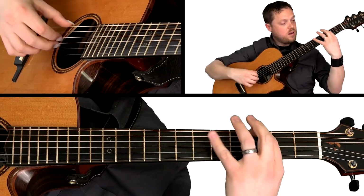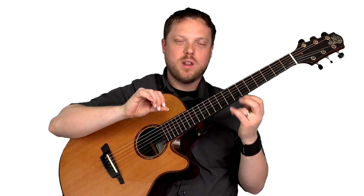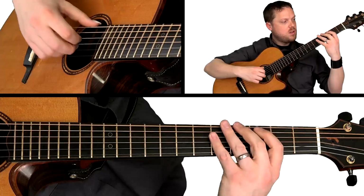So we're going to play here, and then we're actually going to strike a little bit closer to the bridge. The 5th fret harmonics can be really, really hard to get them to ring loud, so the closer you pick them to the bridge, the louder they will become. So we'll start here,